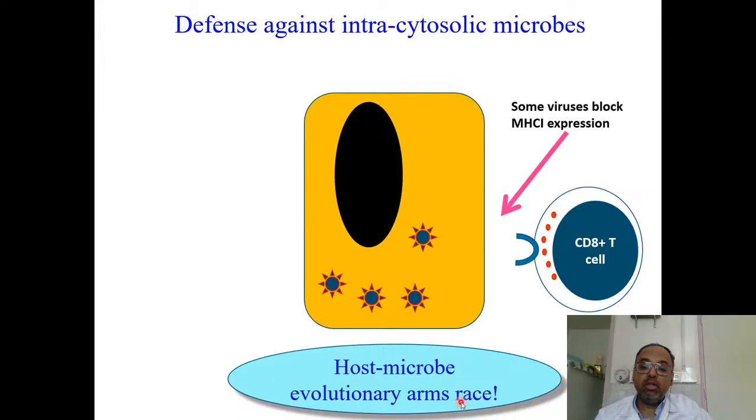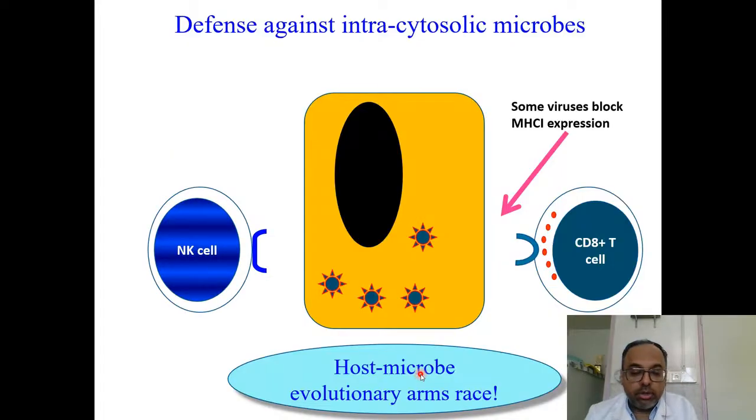So some people have called it an arms race. You know, like in countries, in the political arena or military arena, when 2 or 3 different countries are competing with each other, they try to develop weapons and counter weapons. It's called an arms race. And here we have an evolutionary arms race, an arms race in the process of evolution between a host and a microbe. So the microbes decrease our MHC class 1. What can we do? Again, NK cells would appear. NK cells are very interesting in this context.